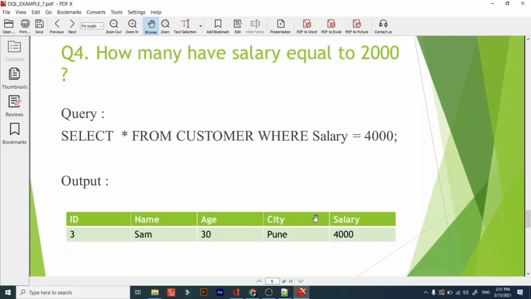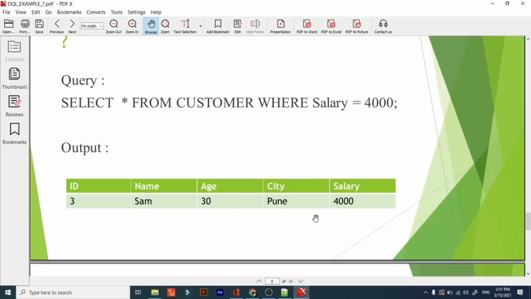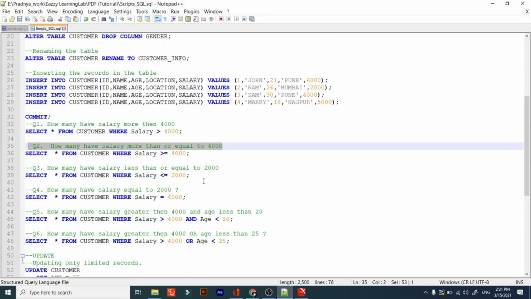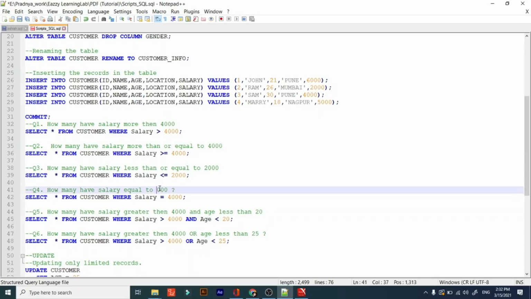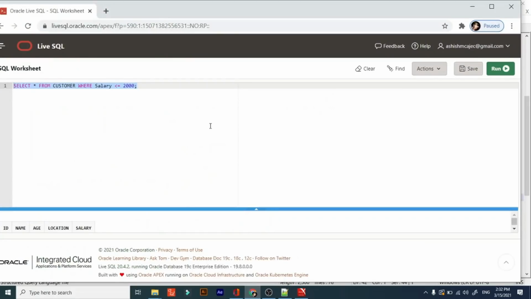So next, how many have salary equal to 2,000? Sorry, this is a typo, so that is 4,000. But you can do it for 2,000 also the same way. Equal to is an exact condition, like exactly 2,000, not greater, not more.